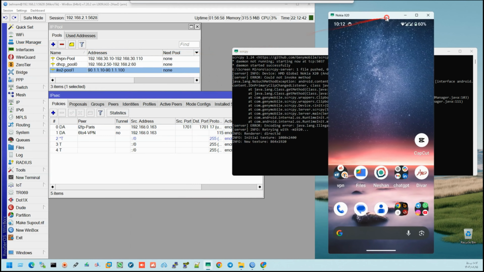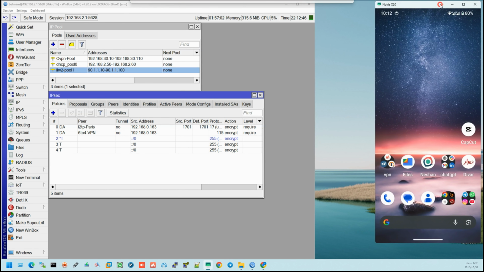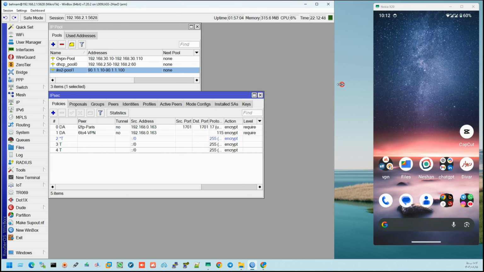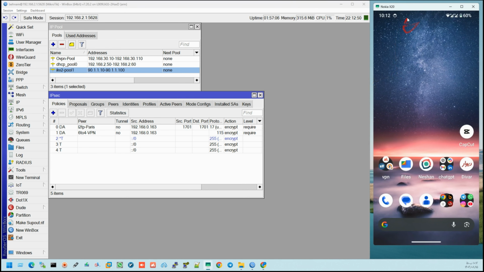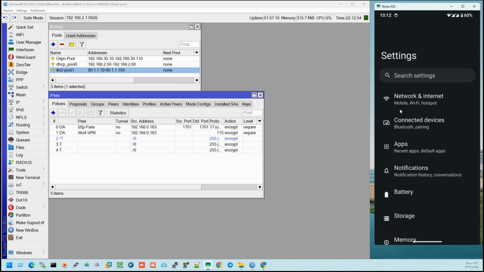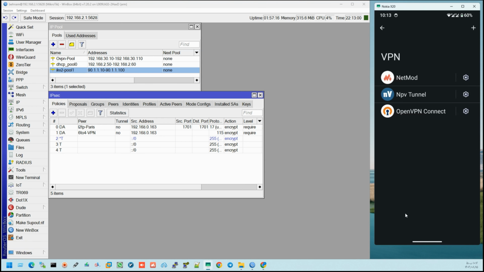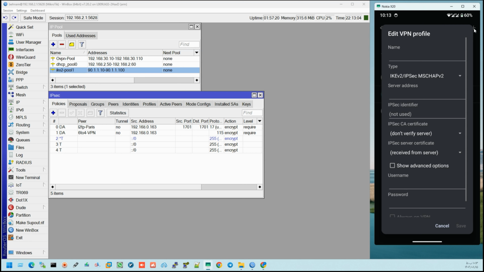Now I bring my phone over to the monitor screen, I bring it onto the screen. I go to my phone settings, then to the VPN section, and click the plus sign. Once I click the plus sign, I can give it any name I like, and I'll type IKEv2 IPsec PSK